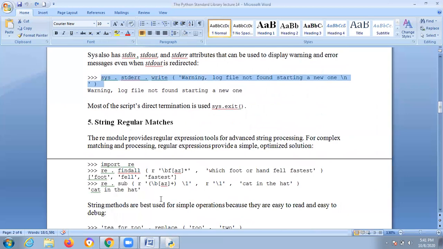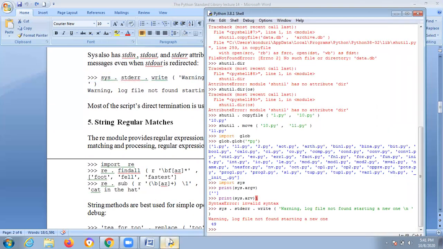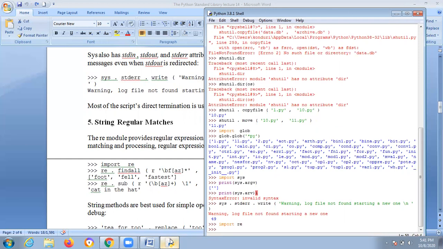Next one is string pattern matching. What is re? Regular expression, you will pronounce it as re only. So re.findall, f star, single quotes, comma.